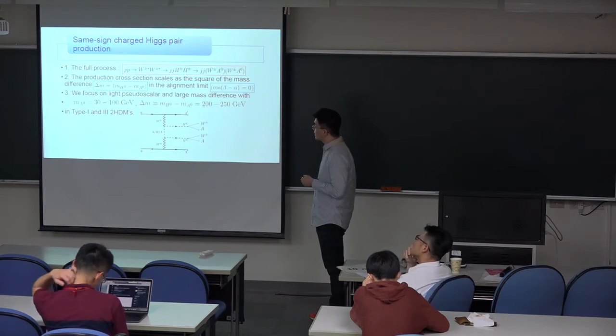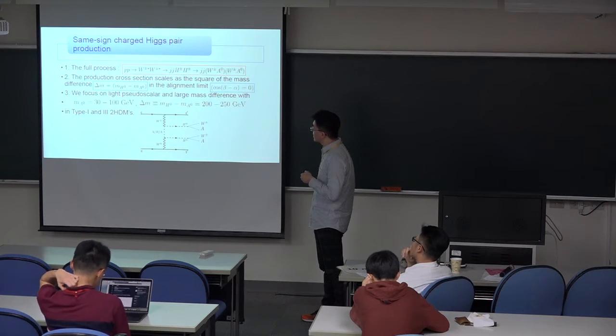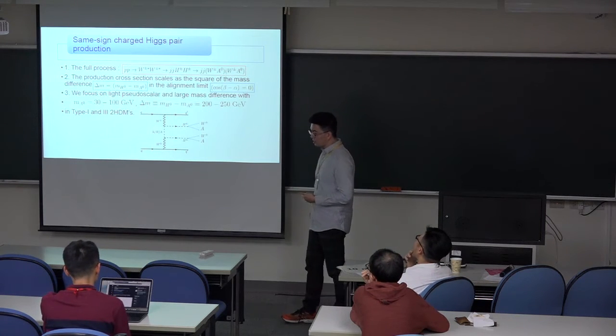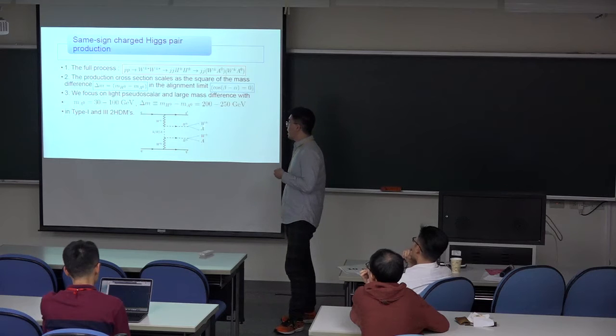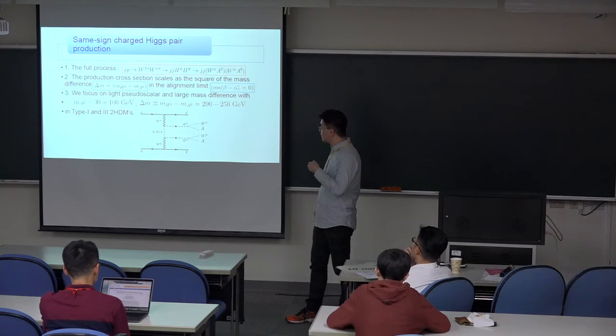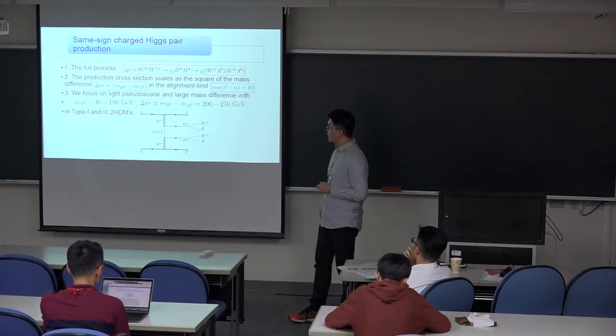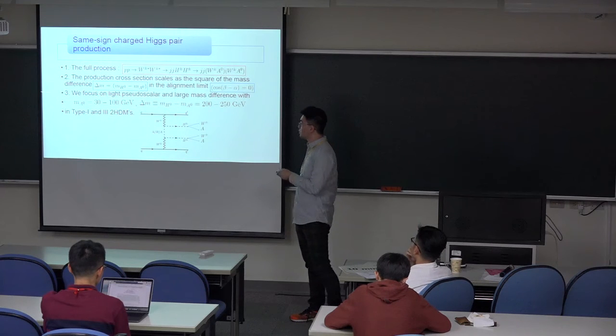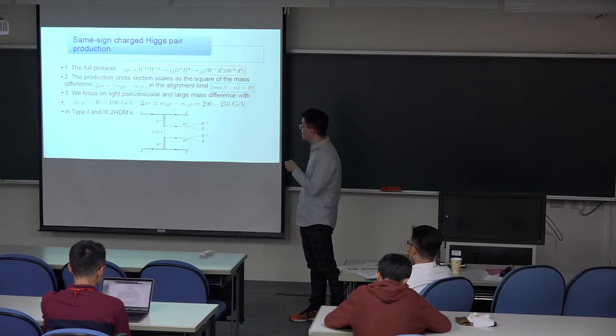And especially in this study, we consider the alignment limit. As I showed you, this is based on the Higgs precision data. The data prefer this kind of alignment limit. And also we consider the light pseudoscalar, as I said, the charged Higgs can decay to W and